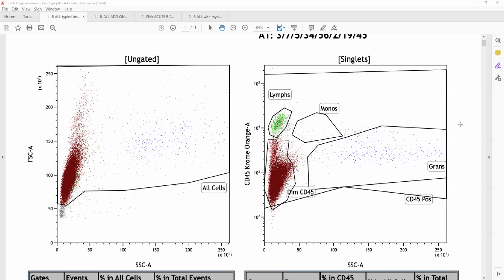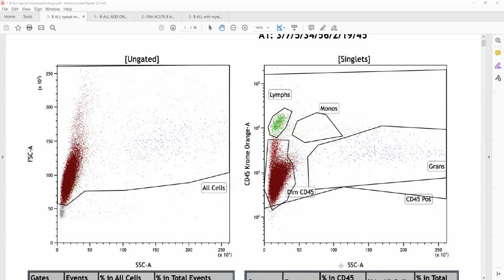I'm a third-year pathology resident, and today I'm going to be talking about flow cytometry interpretation in B-lymphoblastic leukemia. So let's get started. First of all, as you can see here, we have our CD45 versus side scatter plot,